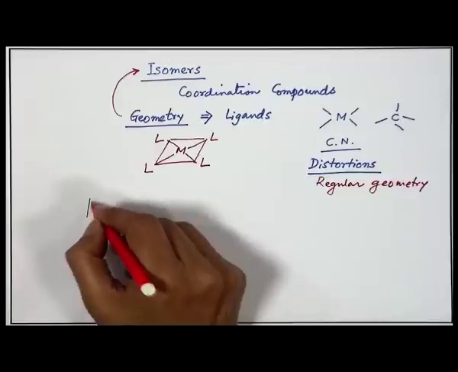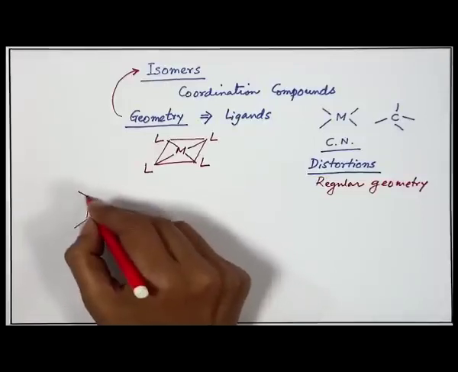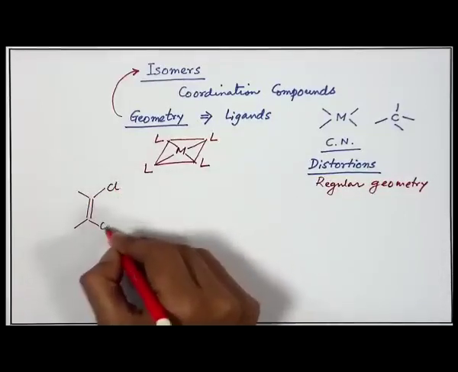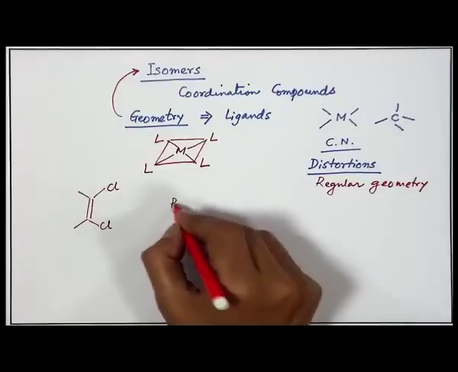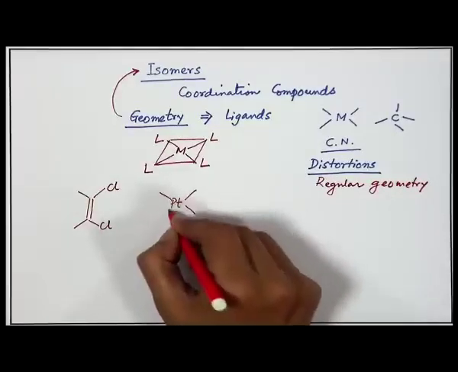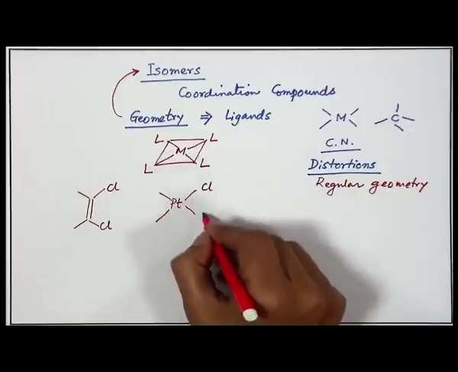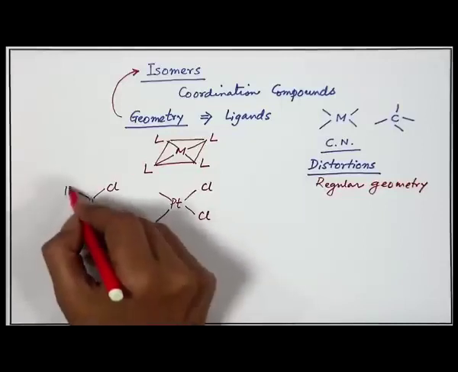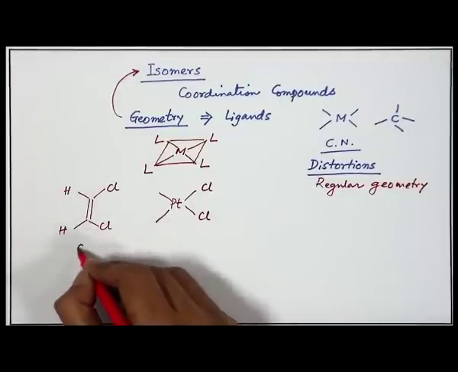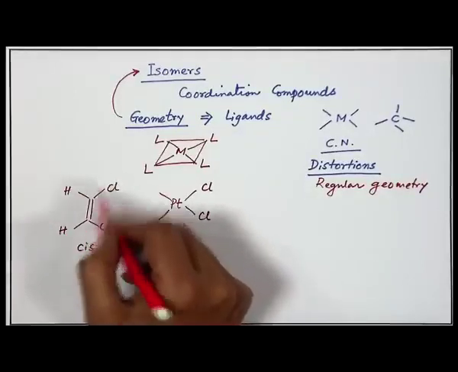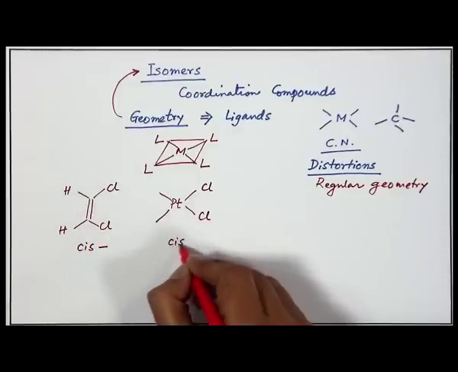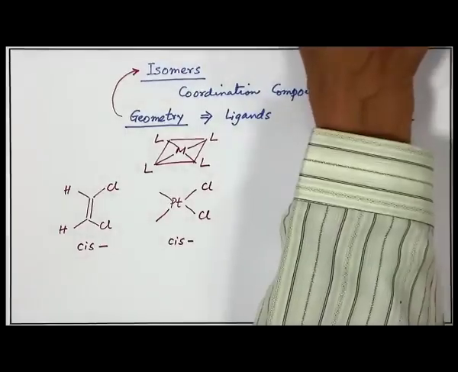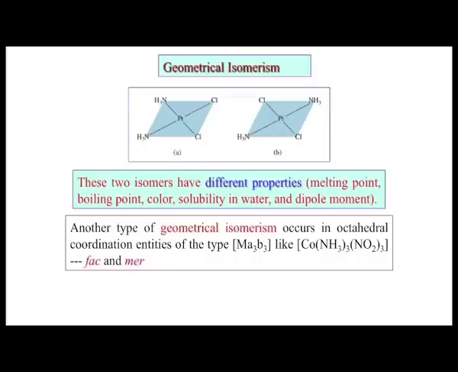So, as we see, like in organic chemistry, the cis trans isomerism, when we find that 2 of the Cl will be on the same side, we can extend the idea basically to the compound where we have the 2 chlorides on platinum on the right hand side. So, in this variation you can have ammonia over here and ammonia over here. This is a cis variety because 2 of these chloride groups are on the same side. So, this coordination compound will also be of cis type. The other type will definitely be a trans one, and these 2 isomers have different